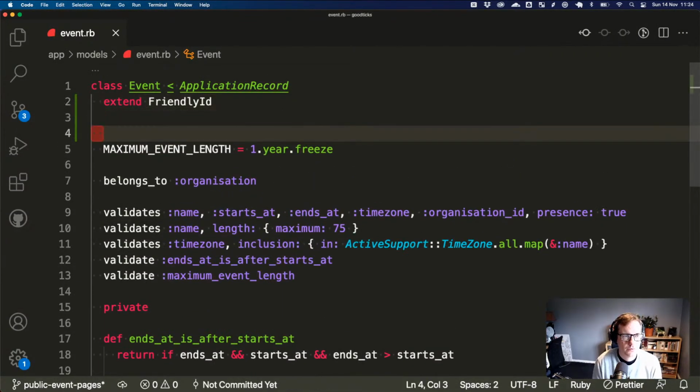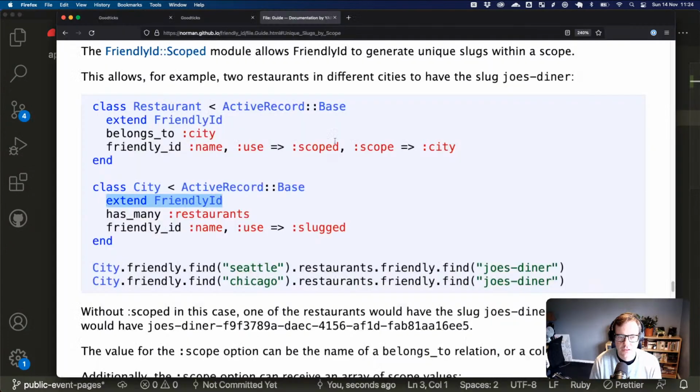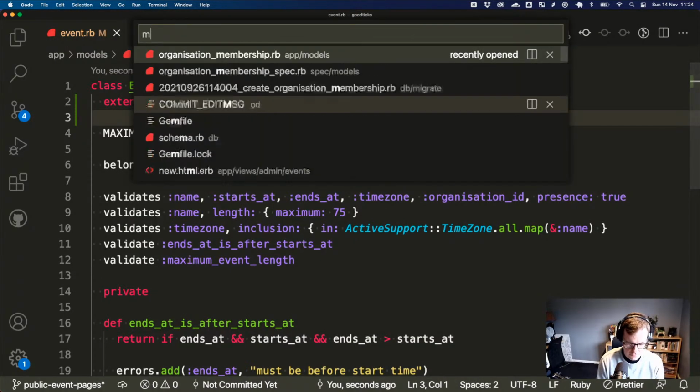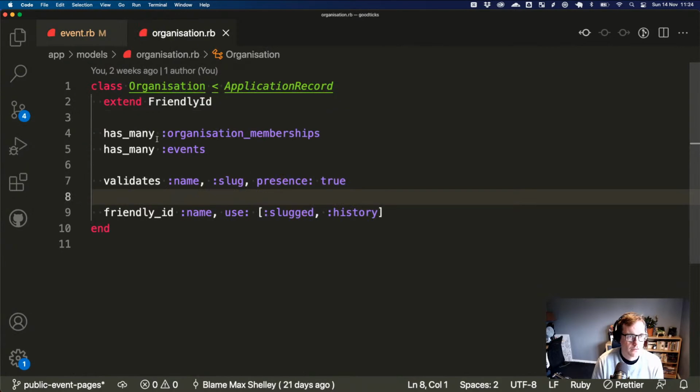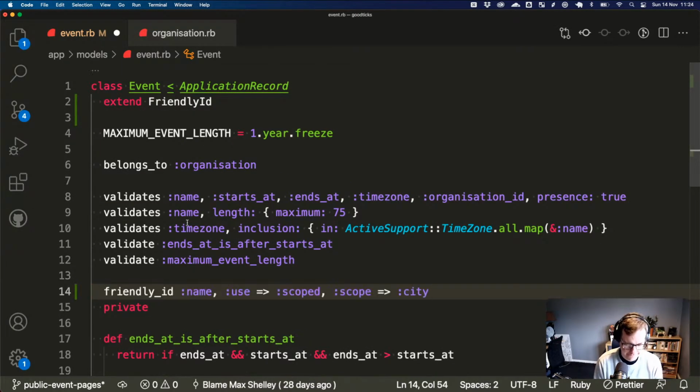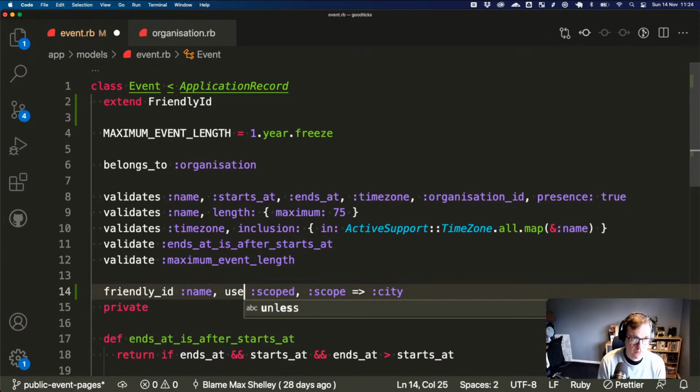Okay, yeah, oops. Extend friendly ID, and we are going to have friendly ID. Where did we put this in organization? We're going to have used.